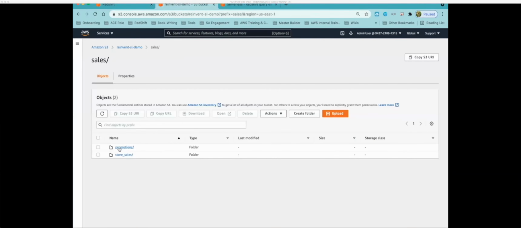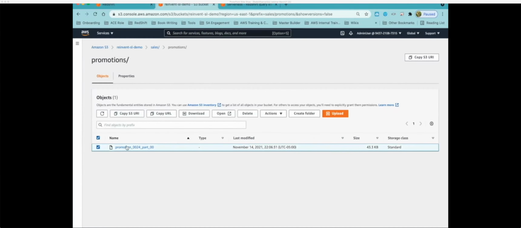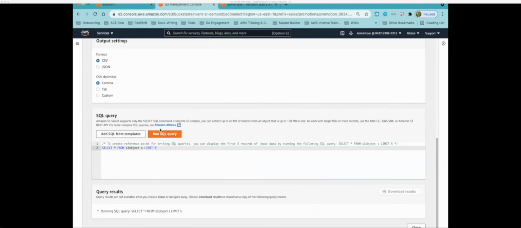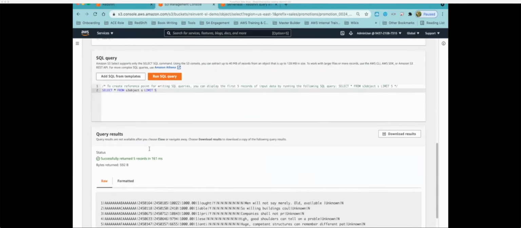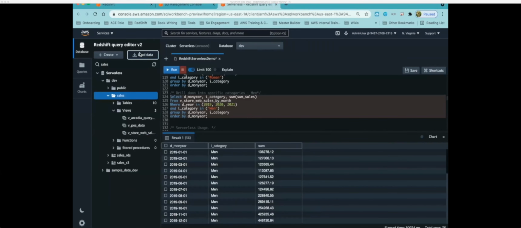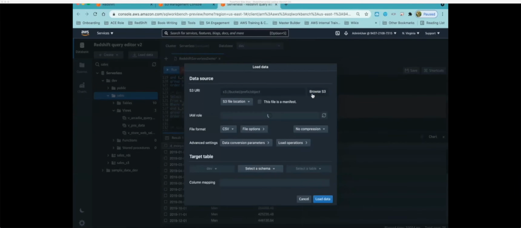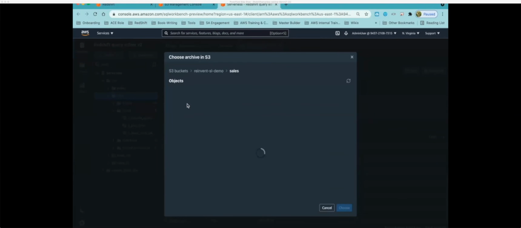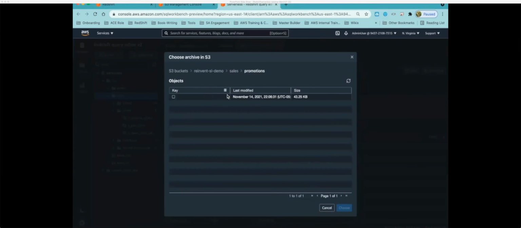offer. So we have the marketing team has stored the previous year's promotion data in S3 as a file. And this data has been curated by removing some specific anomalies that are very specific to those previous years. So the query editor offers a very nice interface to bring the data into Redshift so that I don't have to write like SQL commands.